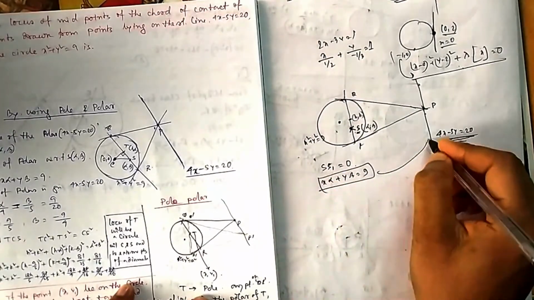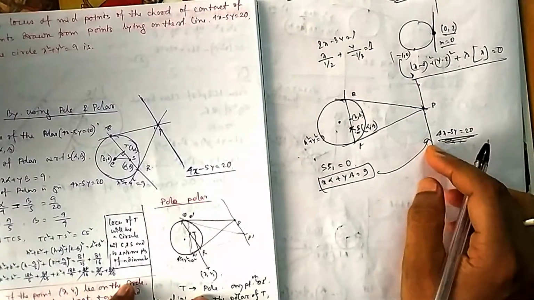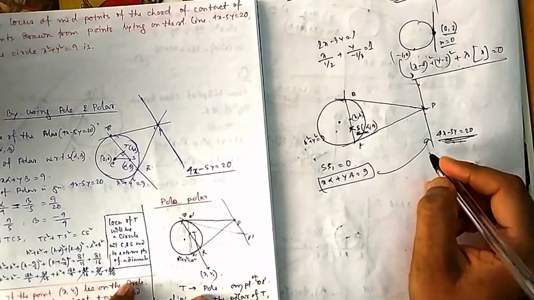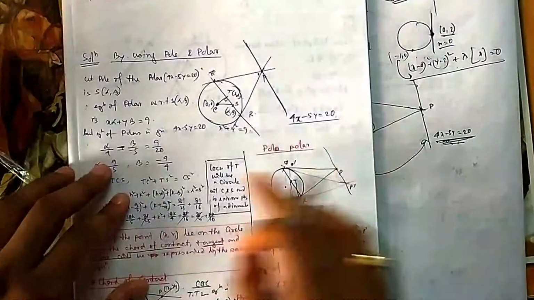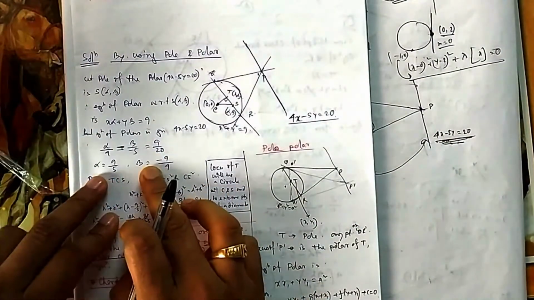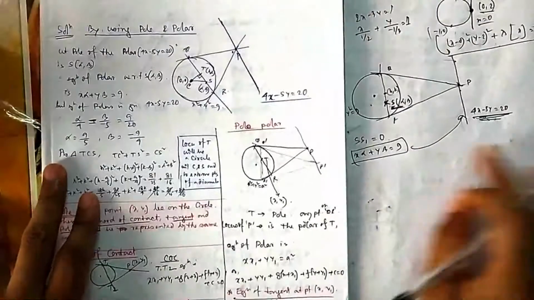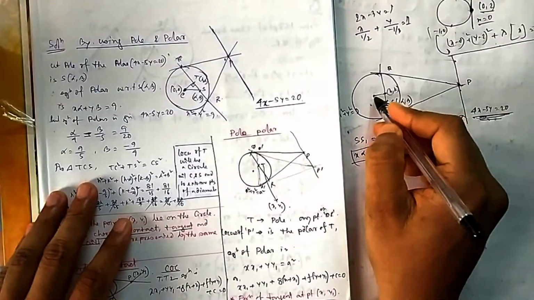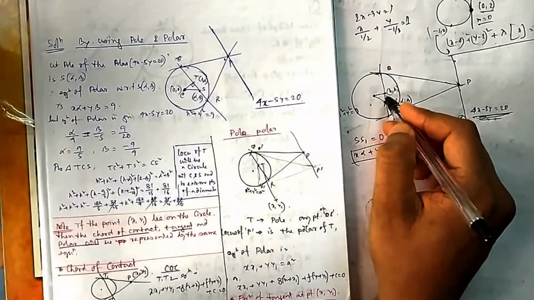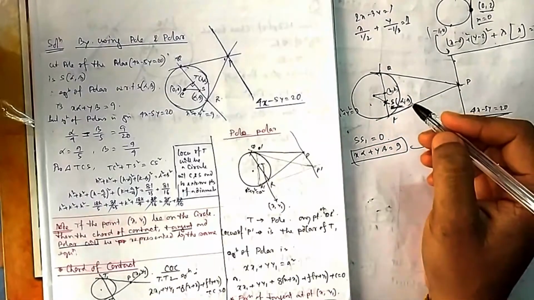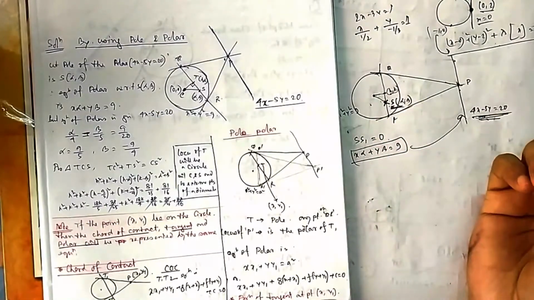But this should be equal to this, because this is the polar. For this point I consider this is the polar, so this should be equal to this. If you calculate, you will get alpha and beta. Once you know alpha beta, you can apply Pythagoras theorem: this square plus this square equal to this square. You can find HK, the equation of HK, because you need to find the equation of HK, that's it.